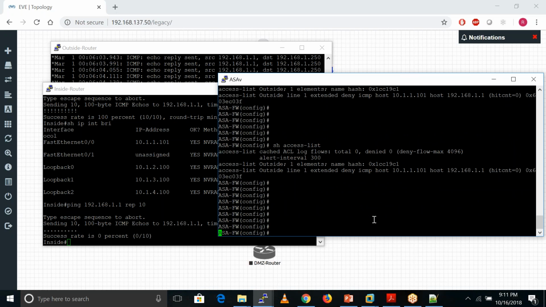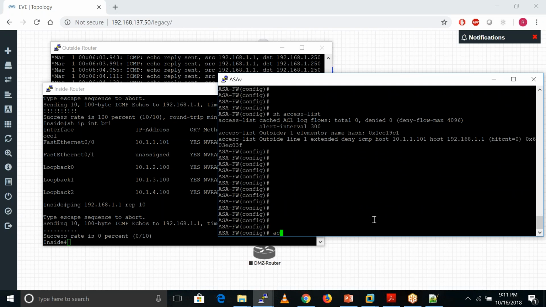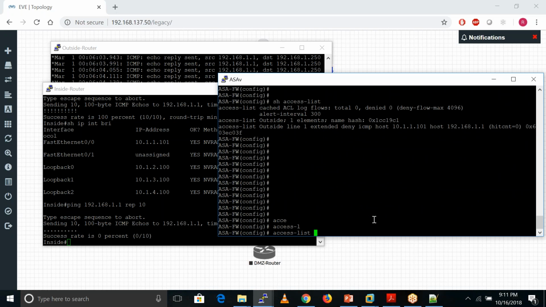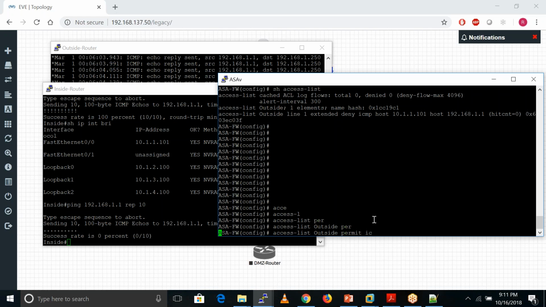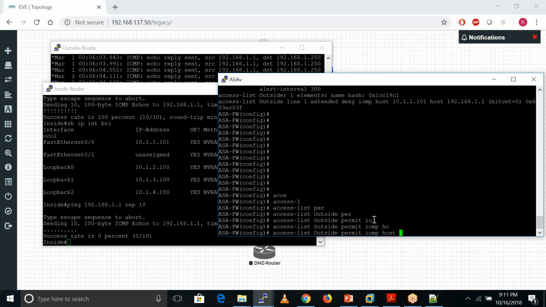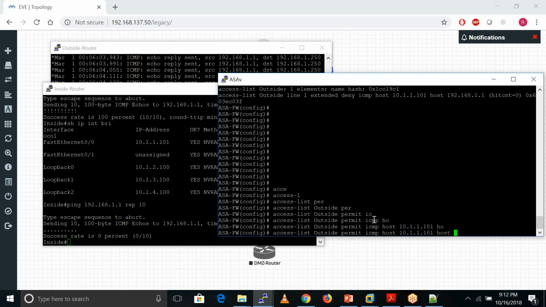If you want to allow that traffic, you need to write the ACL: access-list outside permit ICMP from host 10.1.1.101 to host 192.168.1.1.